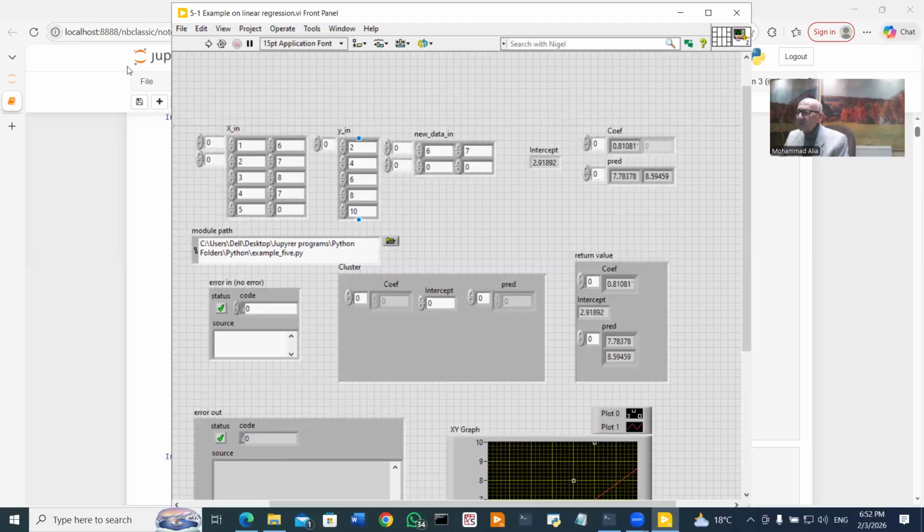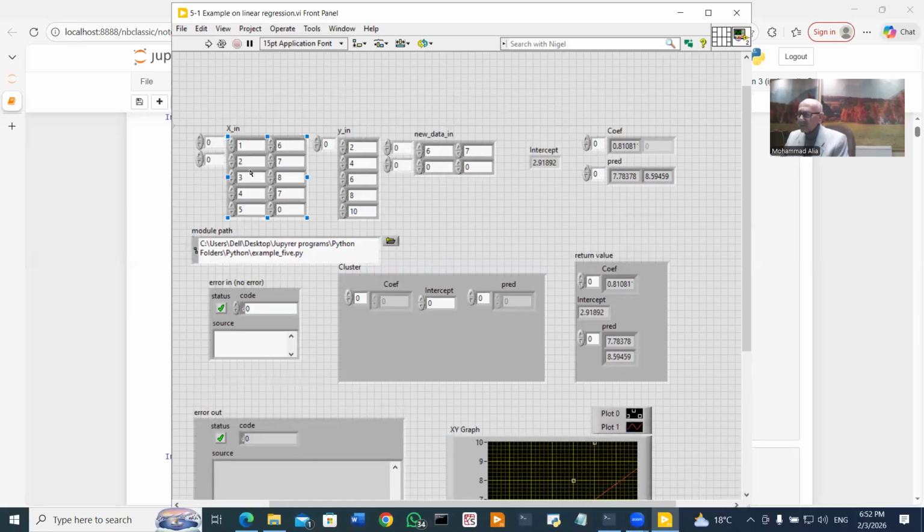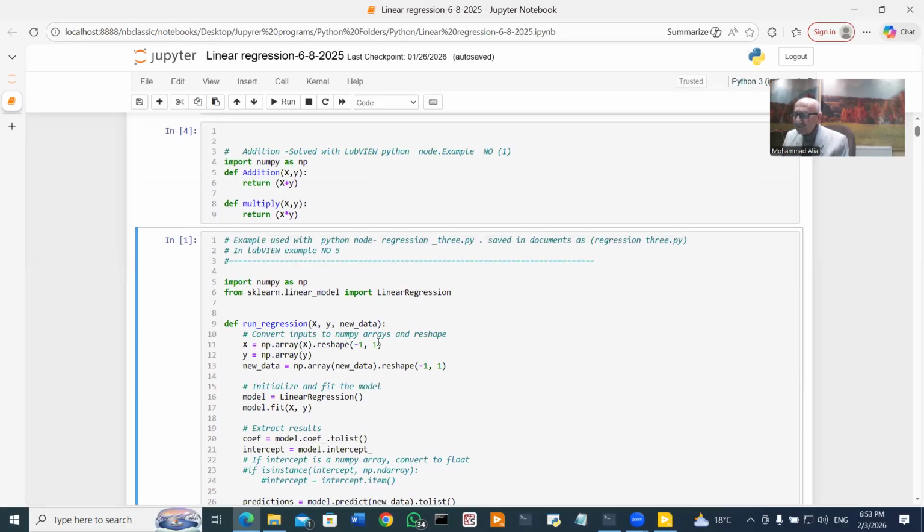If we go to the Python program and look at what is there, we shall see that this array is not reshaped. I didn't reshape it because it is already two-dimensional and doesn't need to be reshaped. Neither does this one. So if we go and have a look at it,